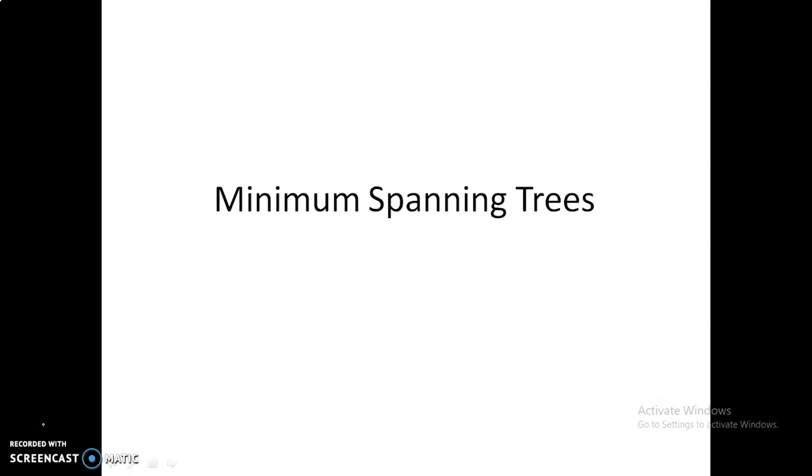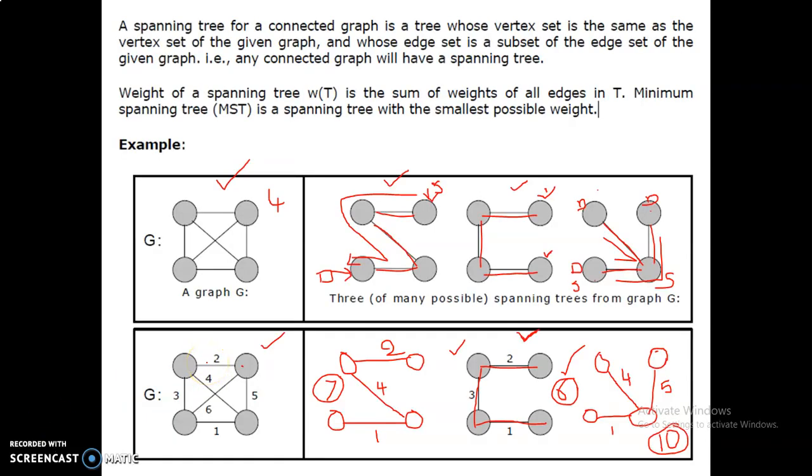Here, for spanning trees, we need to prepare a span of the graph. That is, we need to prepare a path in the tree, using all the vertices of the graph, and we need to draw the minimum path of the vertices. So minimum spanning trees are used for the traversing of the graph, with the different possibilities of the spanning trees.